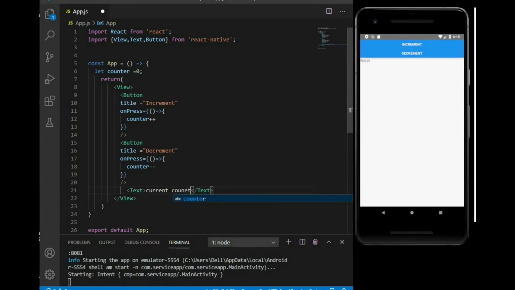First I'll write current count, and then in parenthesis I'll print the counter that we have initialized. I give some styling to the text that we have written for better visibility.